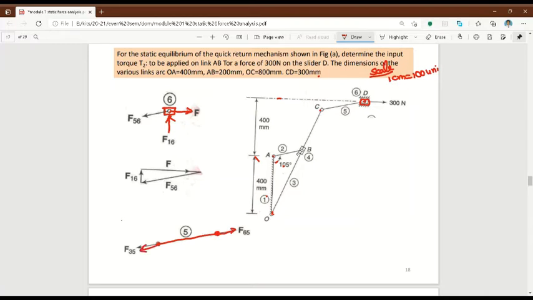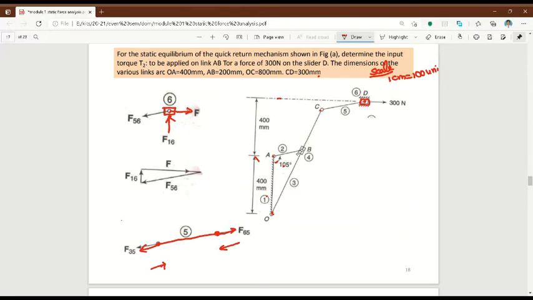So draw like this. And you can ask me a question: sir, why did you put the direction on this side? In the previous problem, you put the direction like this, but in this problem, you are putting the direction on this side. Sir, why? What is the reason? Yes, there is a reason for that. We can get it from the piston.